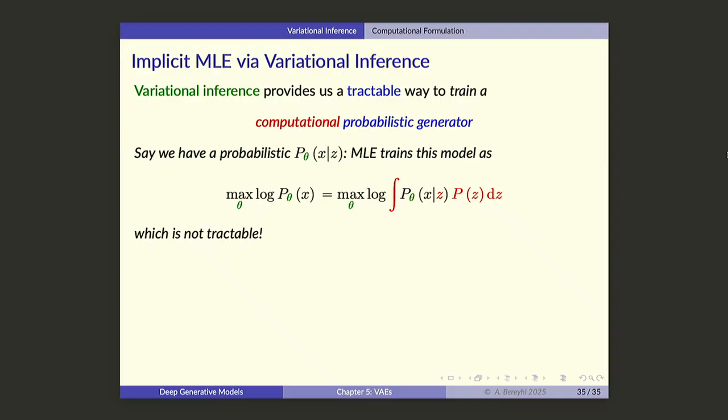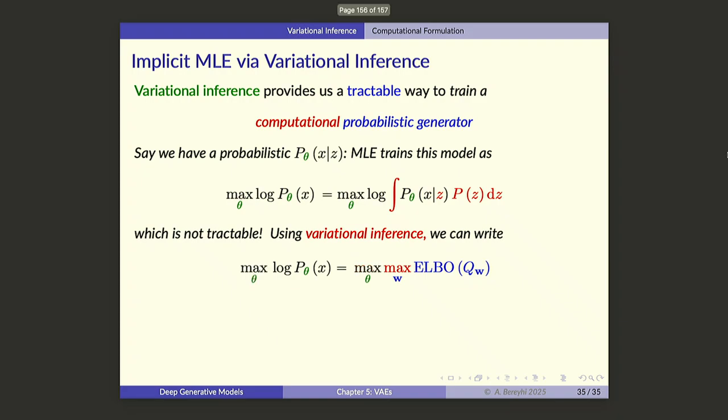Log of the evidence, or log of the likelihood, is essentially the maximum of the ELBO. I can compute this if I have enough computation. And since I want to maximize the likelihood, I need to maximize that ELBO, not only in terms of W, but also in terms of the